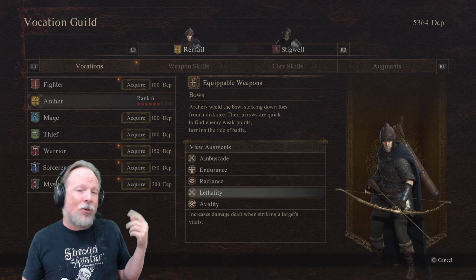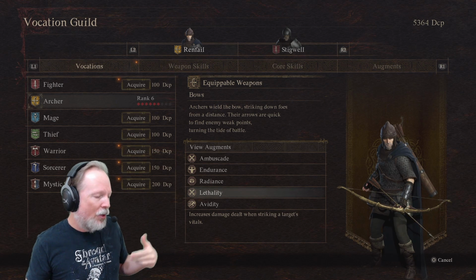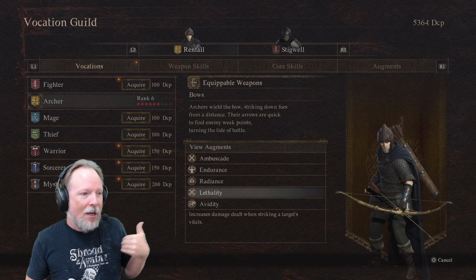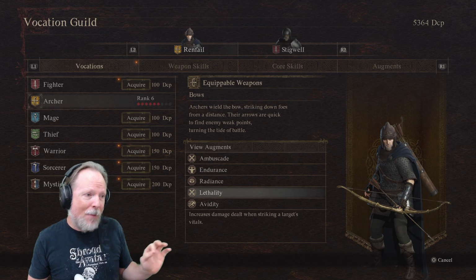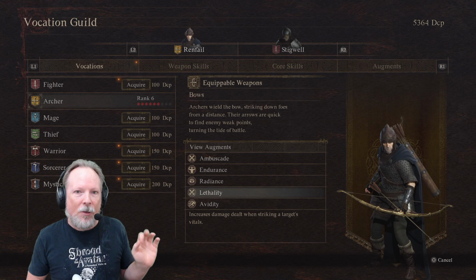So I was surprised by that. I don't want to say disappointed, that's not the word I would use. It was just like, oh, okay. So I'm expected to carry Archer for a long way with me. And if I wanted to, I could probably start taking bits and pieces of Sorcerer to back myself up, and I may end up doing that. We'll see. But the big thing is that